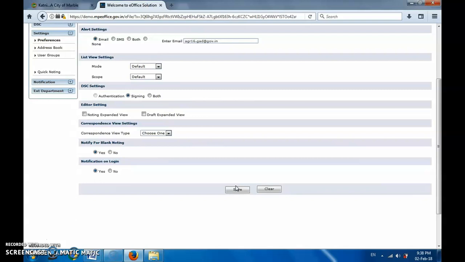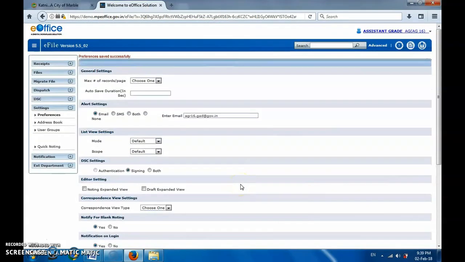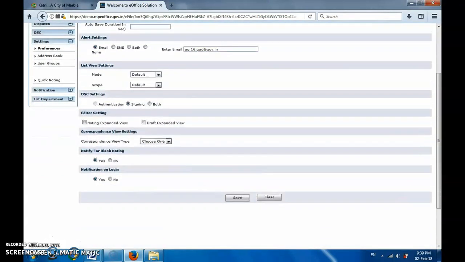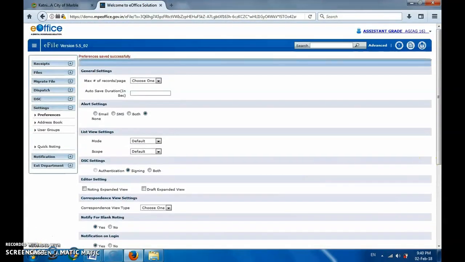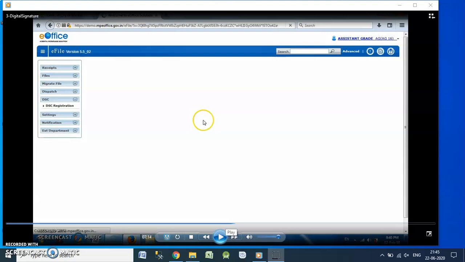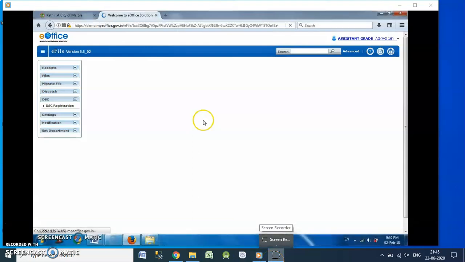At present, you need not do all this setting for all the users, as it is a demo software only. Otherwise, it will be difficult for staff of your office and they might get confused, and it is a demo software and other offices are also using the same logins for learning and they will be confused also. Maybe they are also testing on this. So when live software login credentials will come, the technical nodal person of your office will need to do this work for all the staff. Otherwise, if you get stuck anywhere, you may take help from NIC and e-governance team.